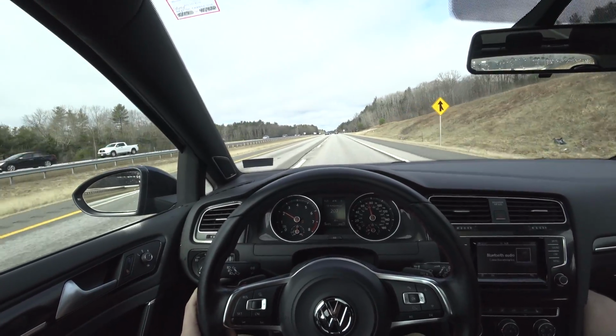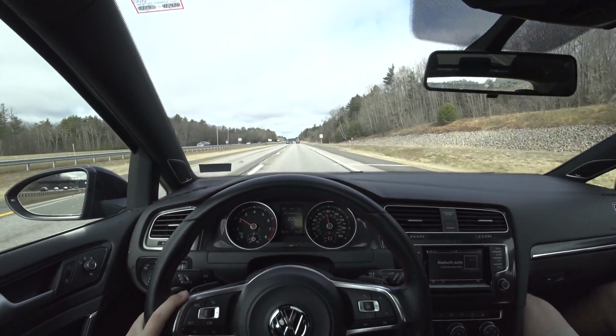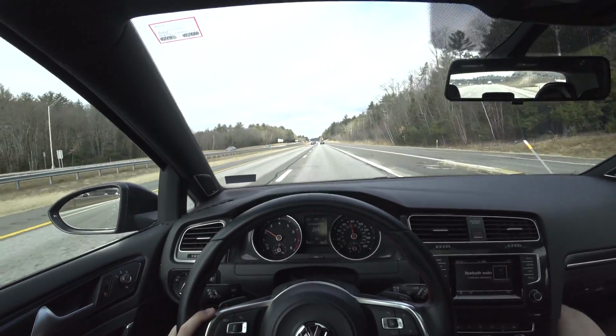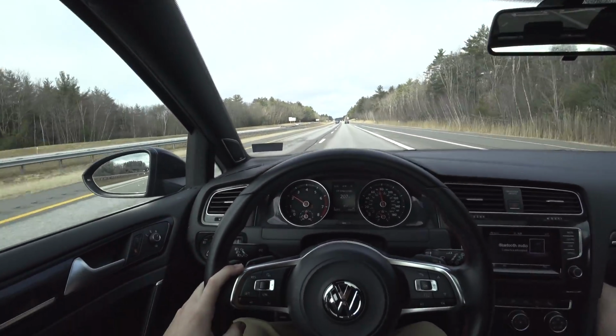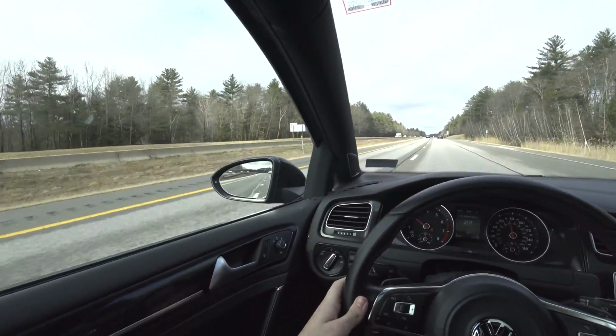But this is a hoot to drive, honestly. It certainly is, yeah. It has a lot of character to it. Just for a little four banger, it definitely has a little bit of... It's literally a four banger. Yeah. Yep. And even if you're just...